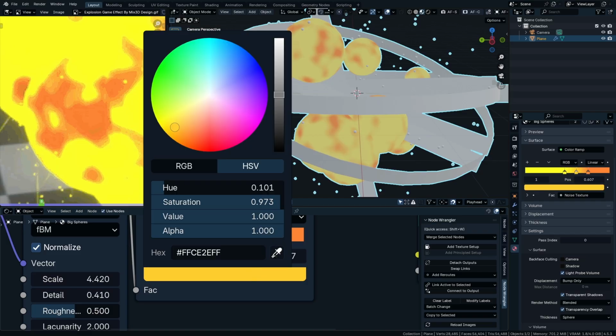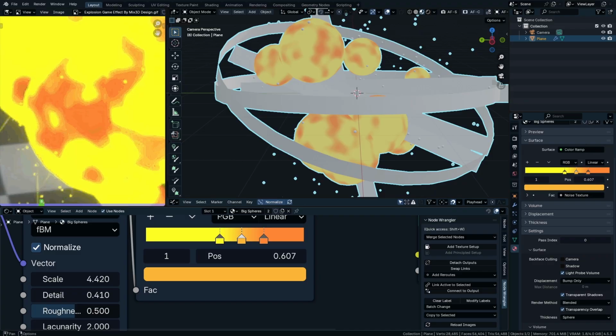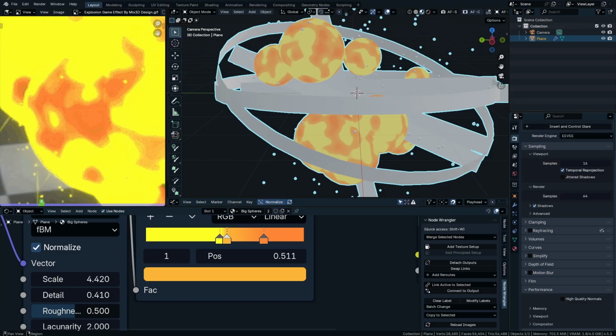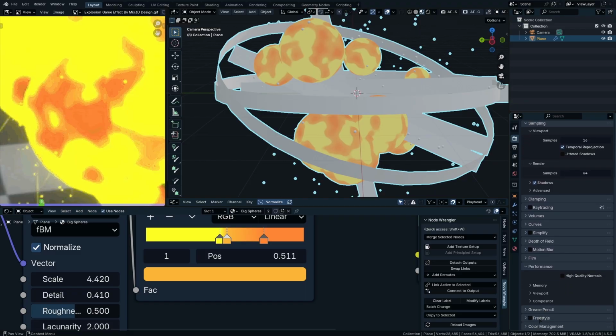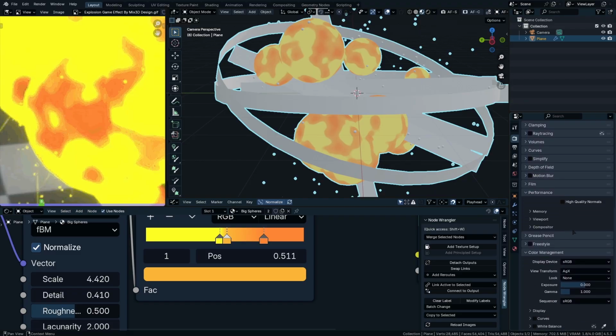So this is in between, so it's not that different. And something that we need to change is the color management, because right now it is set to